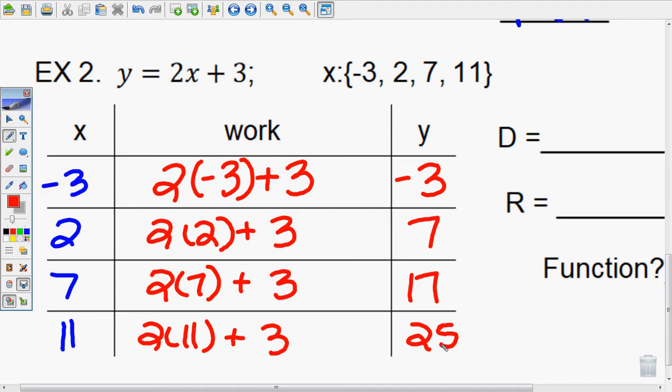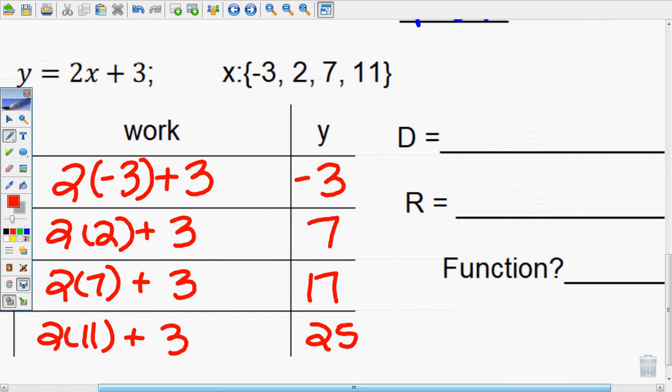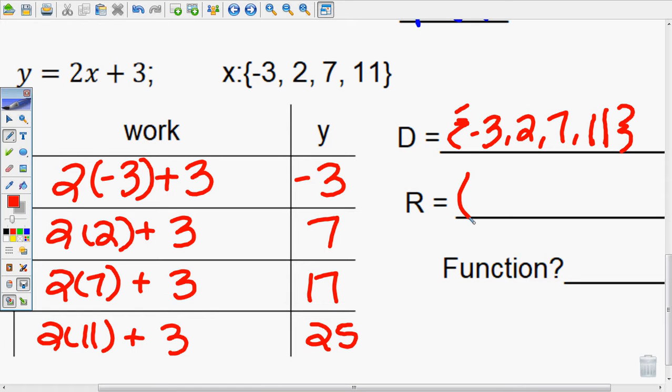That's why. All right, so how do we feel about creating our own range given our domain? Easy, right? Our domain was given to us, and our domain is -3, 2. And so our range is -3, 7, 17. Oh, that's a parenthesis. Dang it. -3, 7,